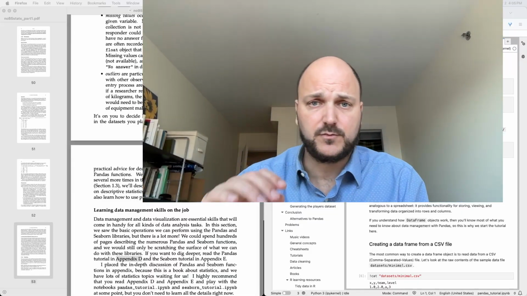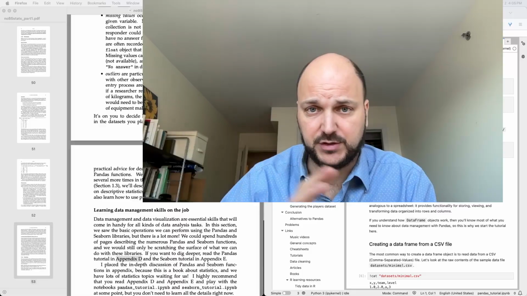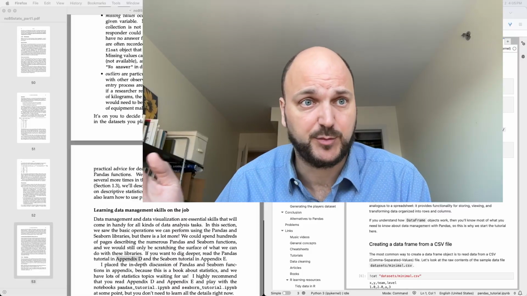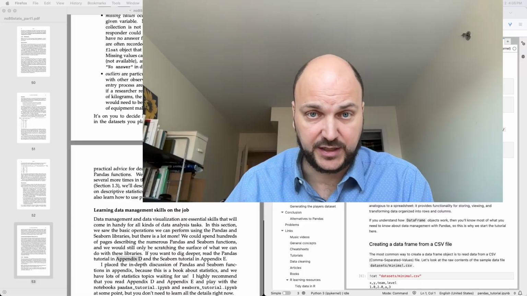Notice the material is in the appendix, so you don't need to read it to continue with the rest of the book. But when you have free time and you're like, I want to know more,